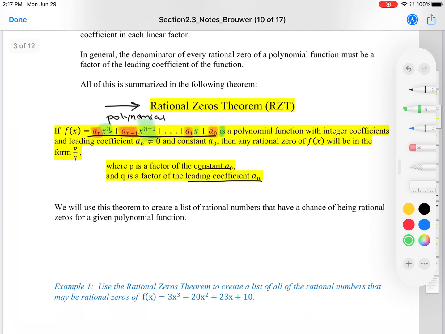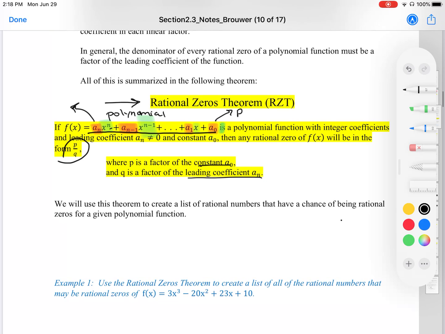So we're saying here that I can create a fraction. A fraction is going to be made up of p, and p is a factor of the constant a sub 0. So this is your p. And then q, the denominator, is a factor of the coefficient a sub n. So that's q. This fraction will lead to possible zeros. We will use this theorem to create a list of rational numbers that have a chance of being a rational zero for the given function, meaning not all will work,